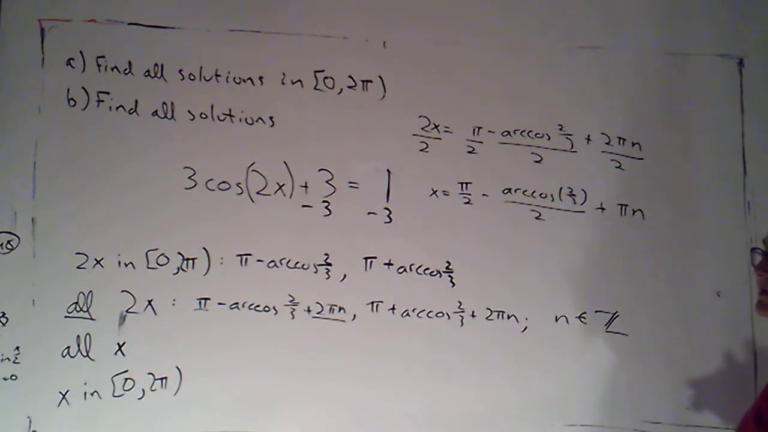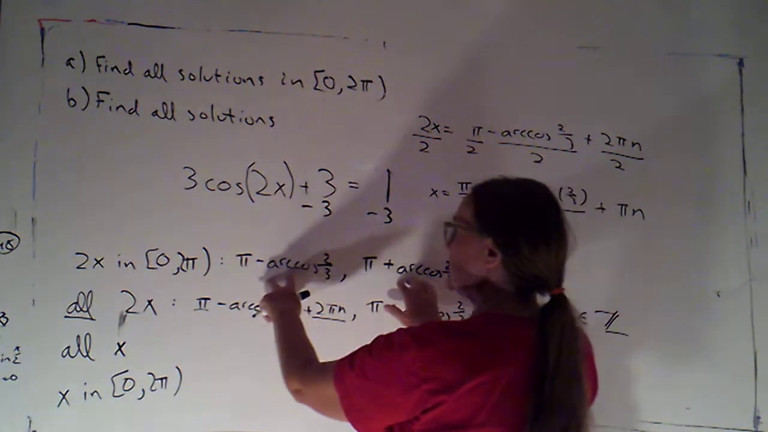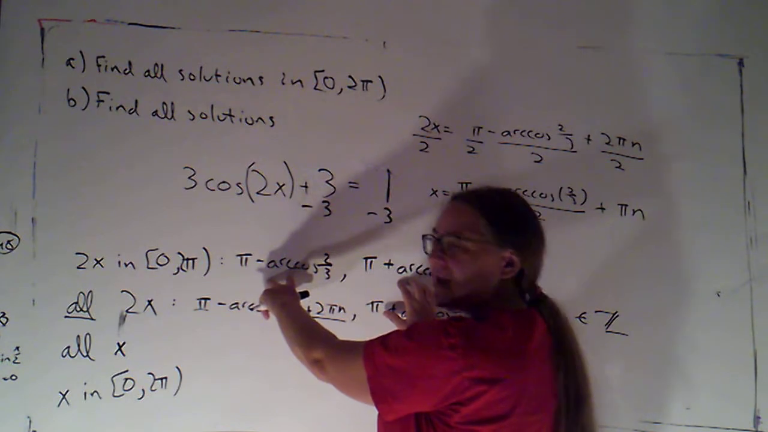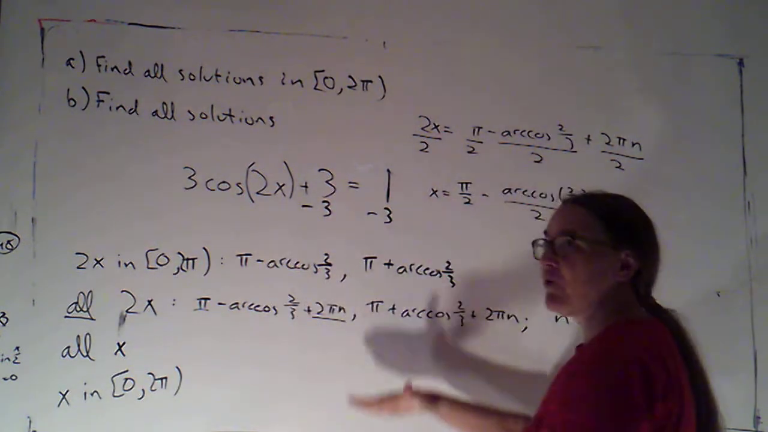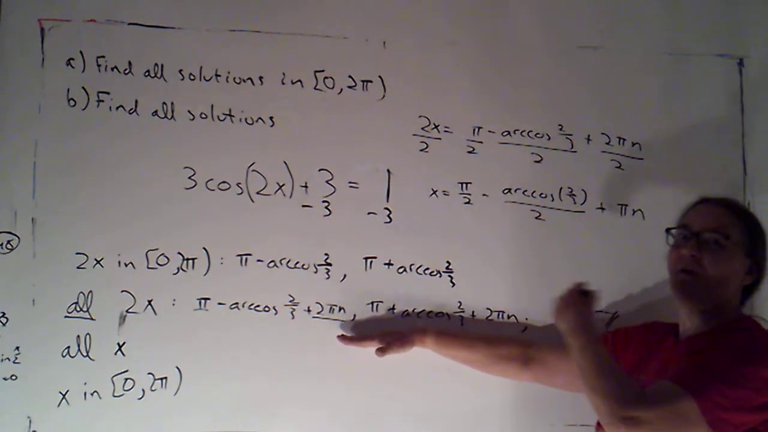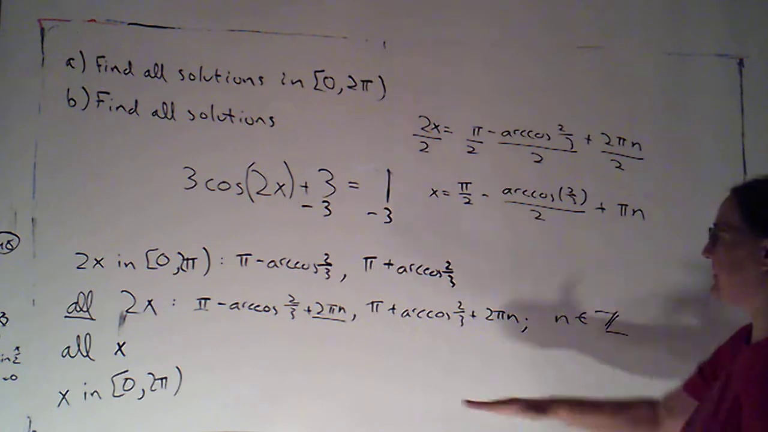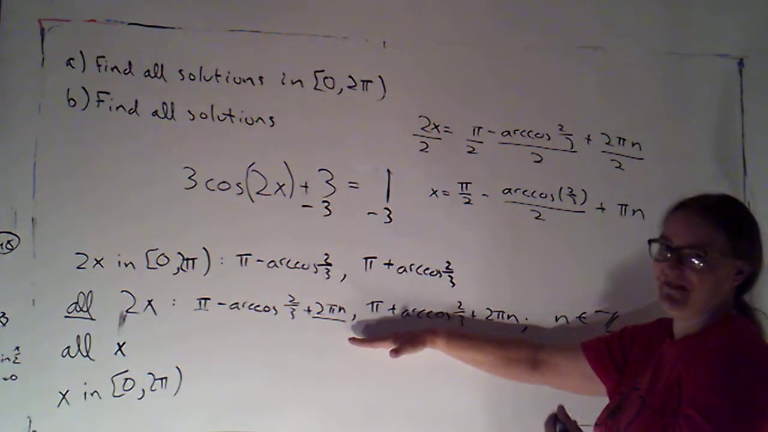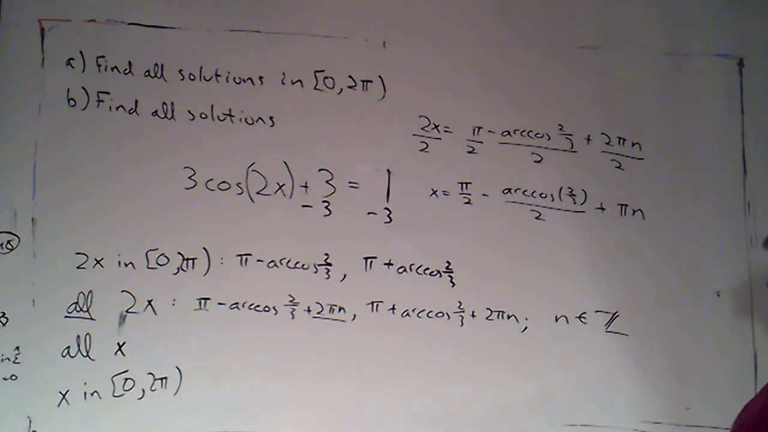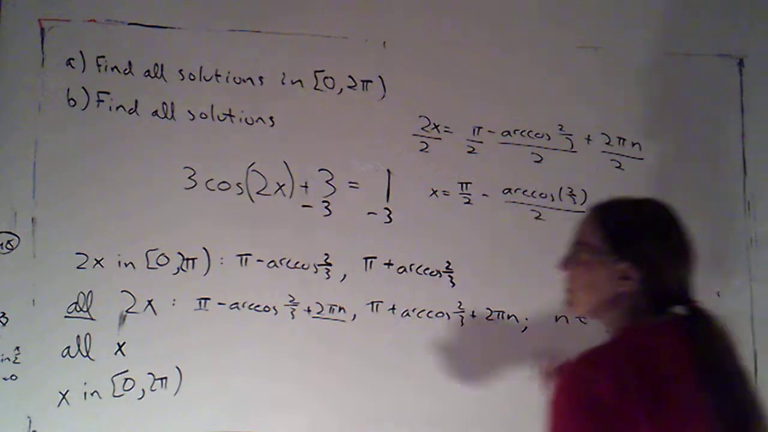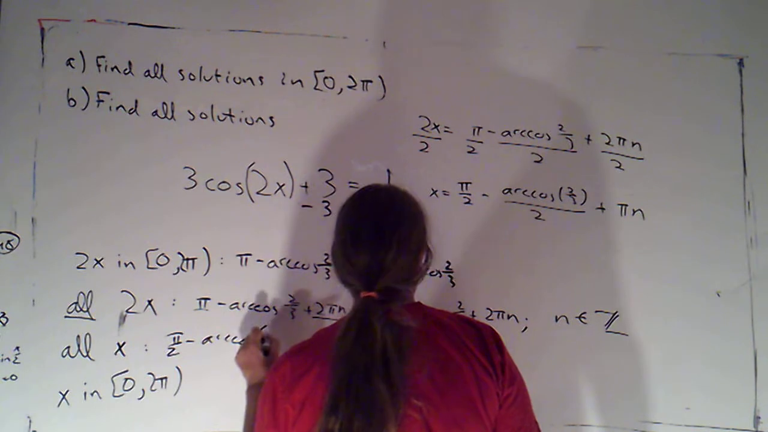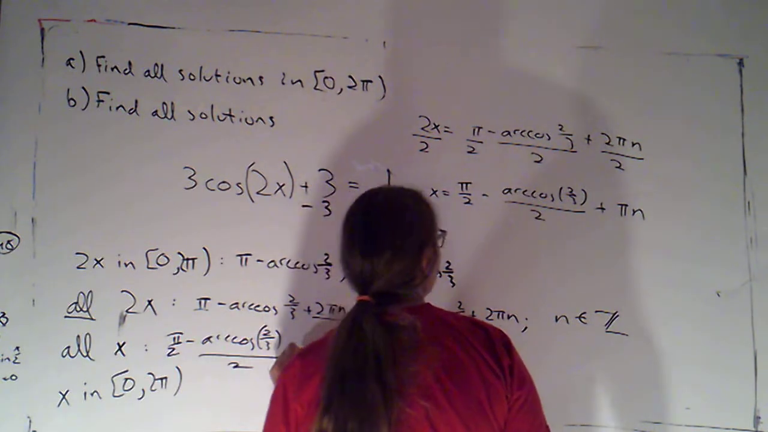Sometimes people make the mistake of taking these two things and cutting them in half, and then adding a multiple of 2 pi. But you want to add the multiple of 2 pi before you cut things in half, because all of these are things that 2x could be, so half of that is going to give me the things that x could be. Okay, so I could have pi over 2 minus arc cosine of 2/3 over 2